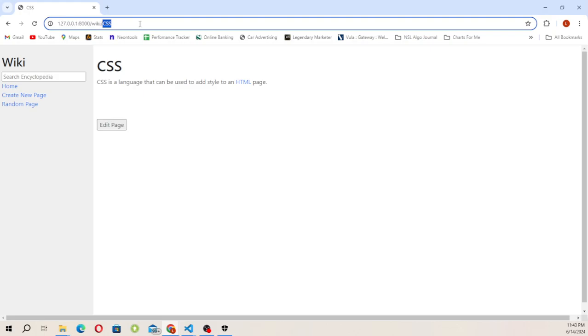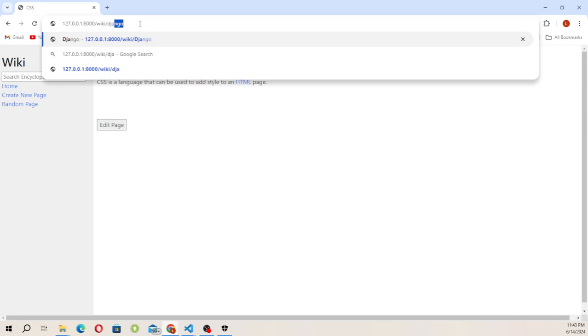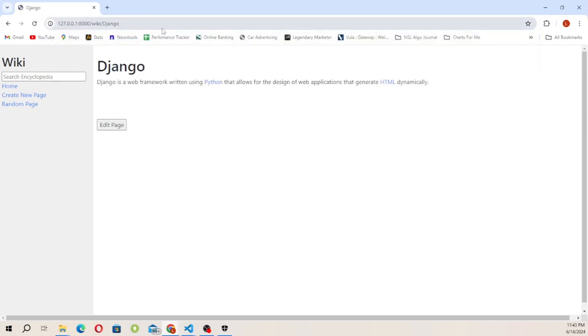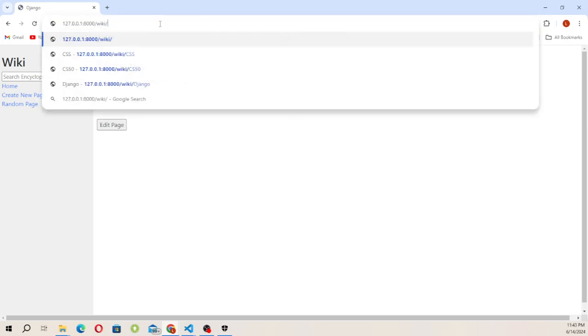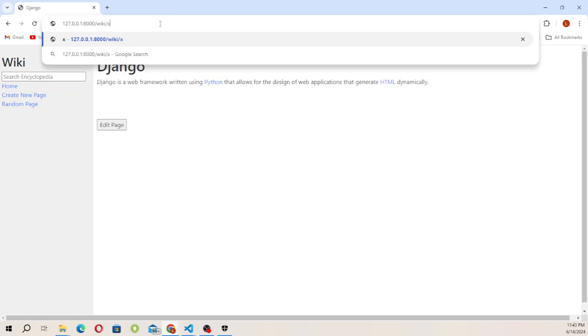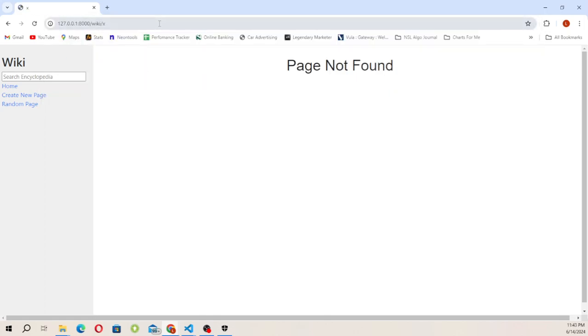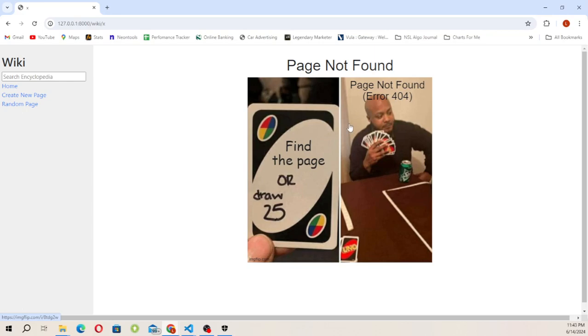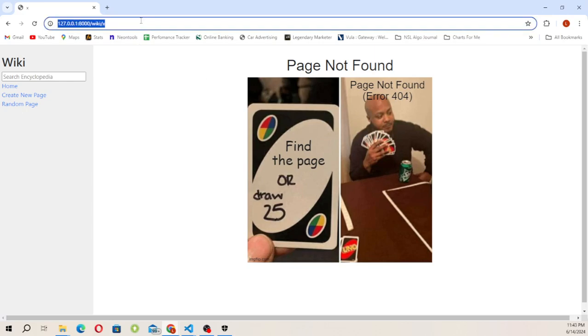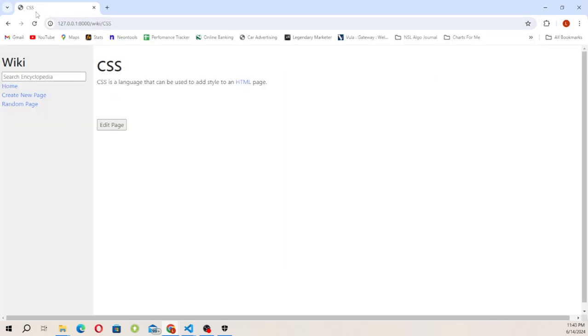And if I show you something else, instead of css, I type general, you can see it displays general. But if we type something that doesn't exist, like X for example, it takes us to an error page. And if I bring back CSS again, you see the title here is the